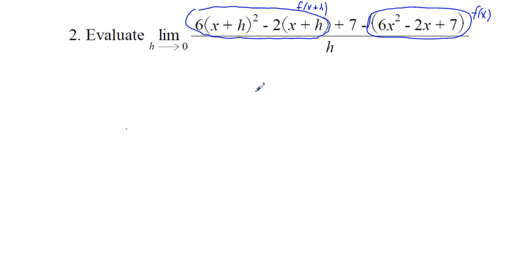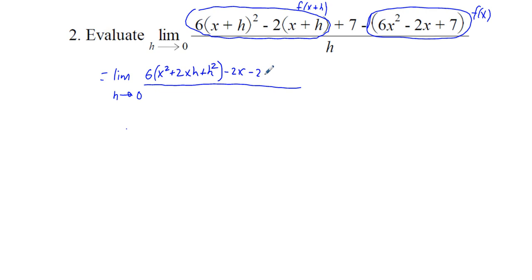So let's go ahead and work all this below. So what we're going to have is equals limit as h approaches 0 of 6 times, we're going to expand this quantity x plus h squared. So we're going to get x squared plus 2xh plus h squared minus 2x minus 2h, and then we're going to have plus 7,